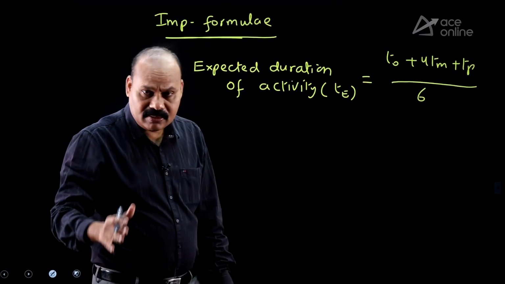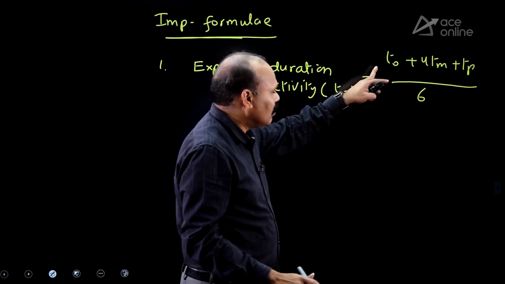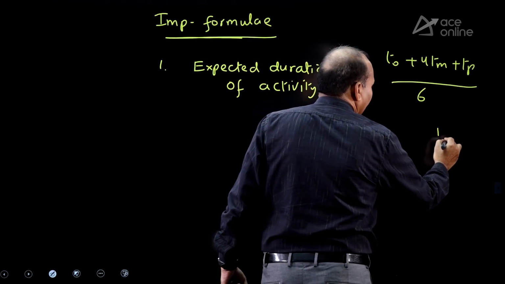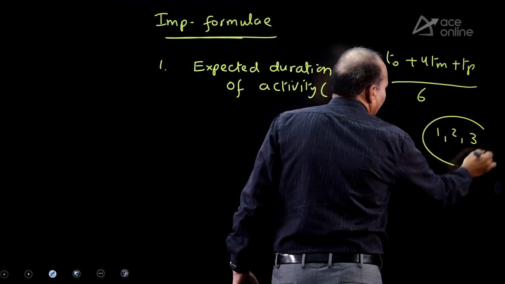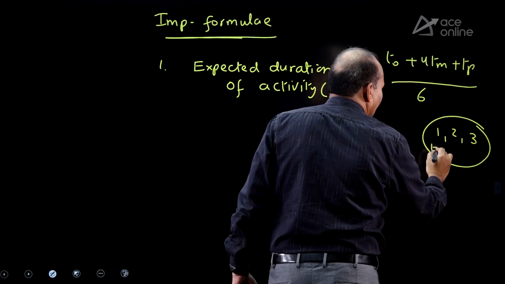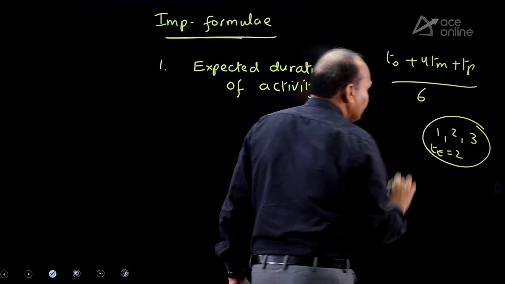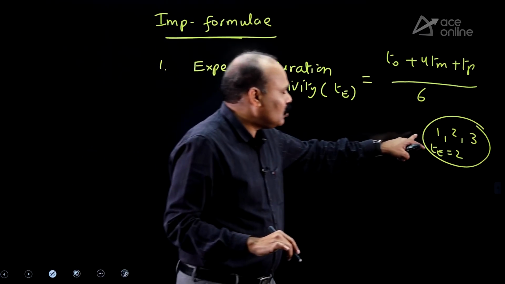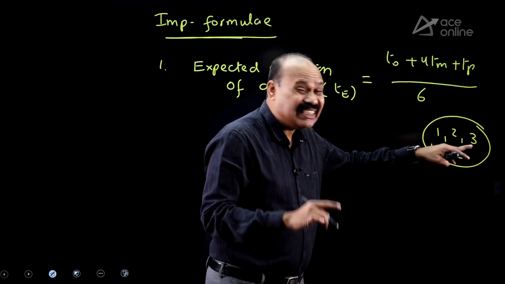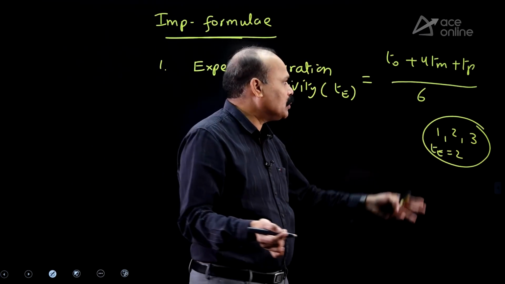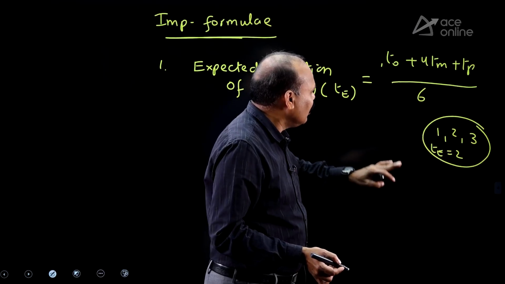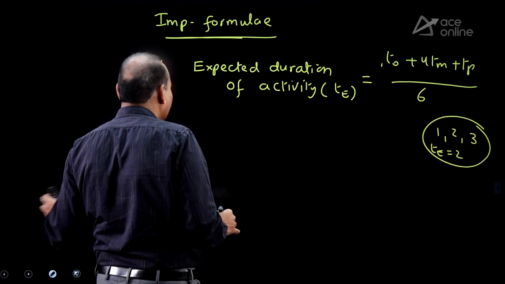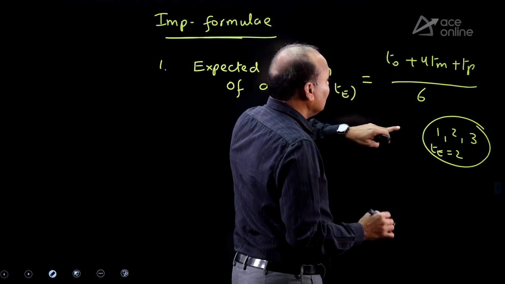Sir, suppose you have forgotten this formula, how can you recall? Use 1, 2, 3. If you substitute 1, 2, 3, you have to get TE equal to 2. It is only for verification purposes. These values 1, 2, 3 are in an arithmetic series. If you substitute in the formula, you have to get the middle one. Whether you are getting the middle one or not, check it out. You are getting the middle one, okay. Like I am talking about checking.